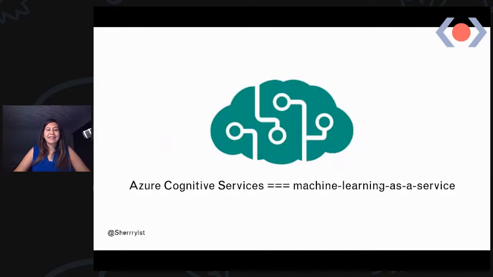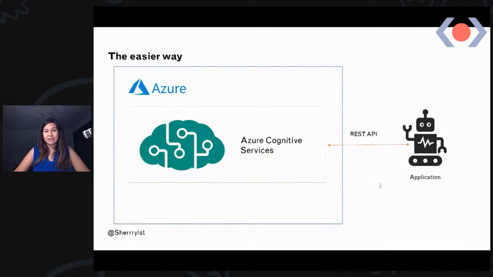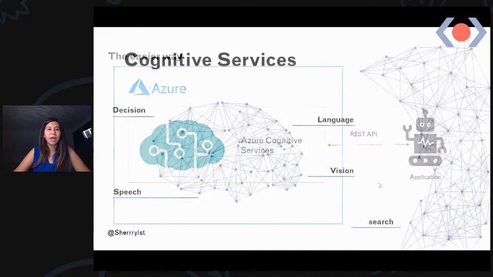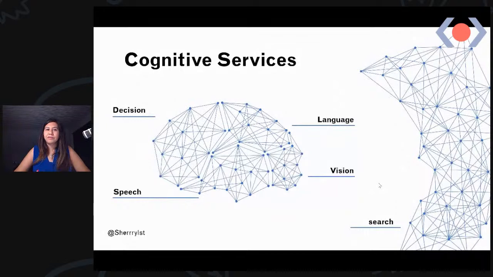And you can say that Azure Cognitive Services is machine learning as a service. And it sits on Azure, so by default, scaling up and having a secure endpoint, Azure takes care of that, so I really don't need to be worried about that. We have a variety of these services. We don't have time to go through them, and what I'm going to do is quickly talk about the vision one, because that's what I used here.